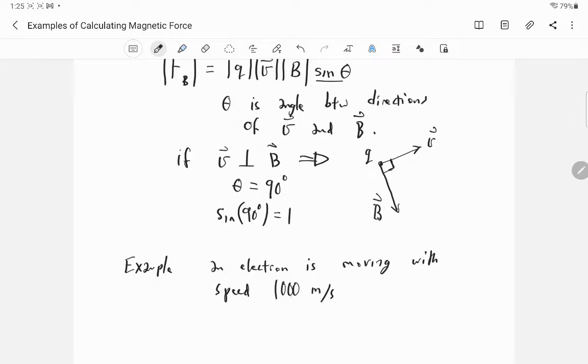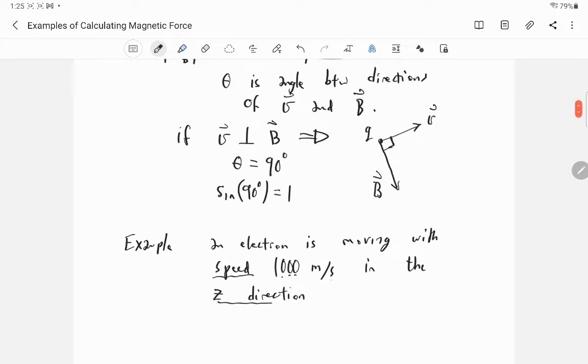We'll imagine an electron moving really, really fast in the z direction, right? So I just described the speed and the direction of the motion. So I have described to you the velocity. An electron is moving with speed 1,000 meters per second in the z direction,